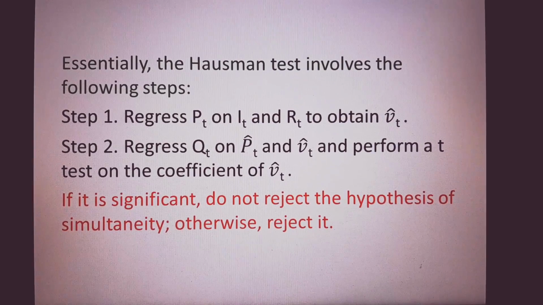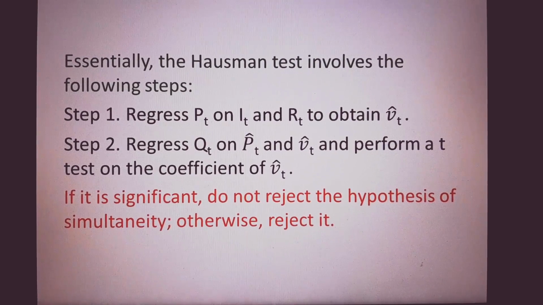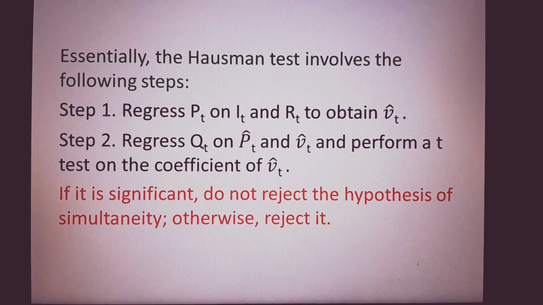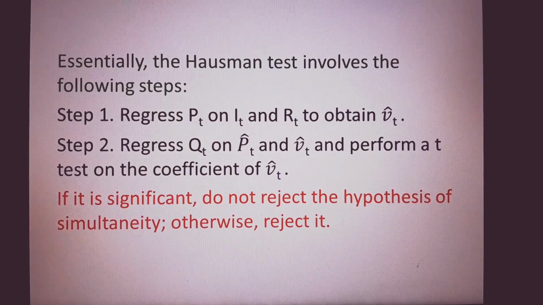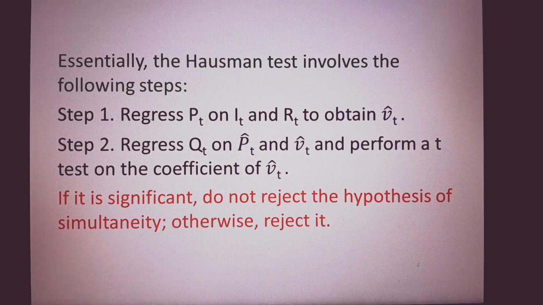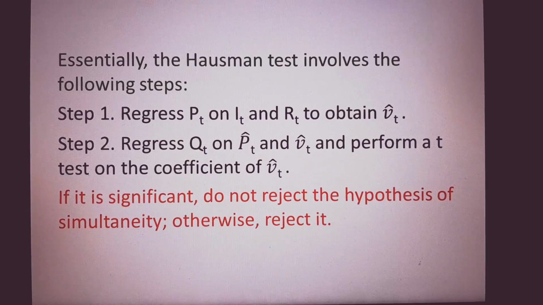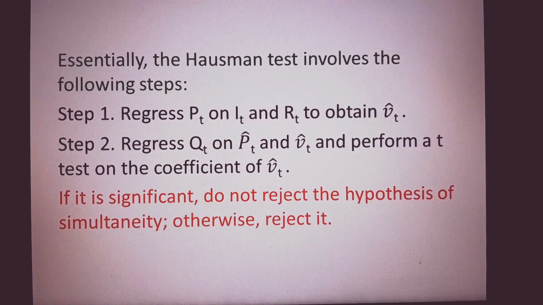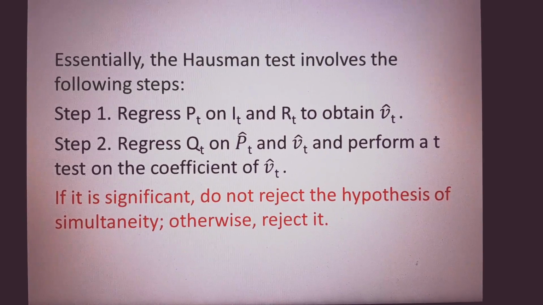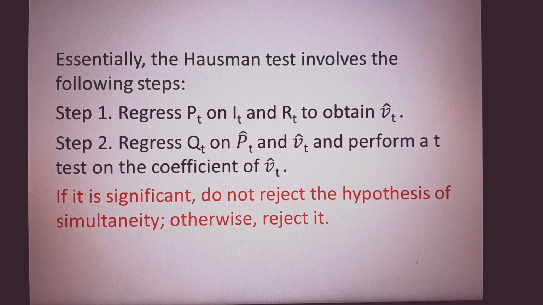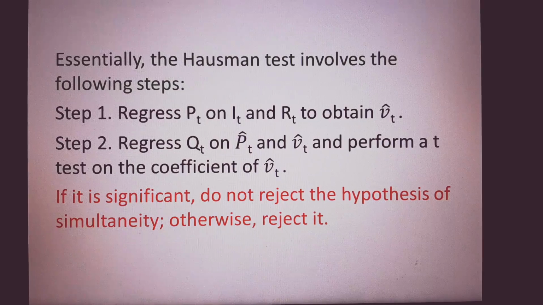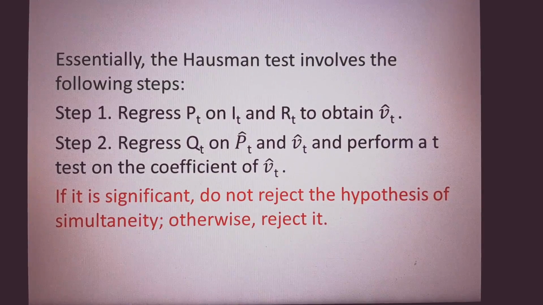In a nutshell, the Hausman test involves the following steps. Step 1. Regress Pt on It and Rt to obtain Vt cap. Step 2. Regress Qt on Pt cap and Vt cap and perform a t-test on the coefficient of Vt cap. If it is significant, do not reject the hypothesis of simultaneity,